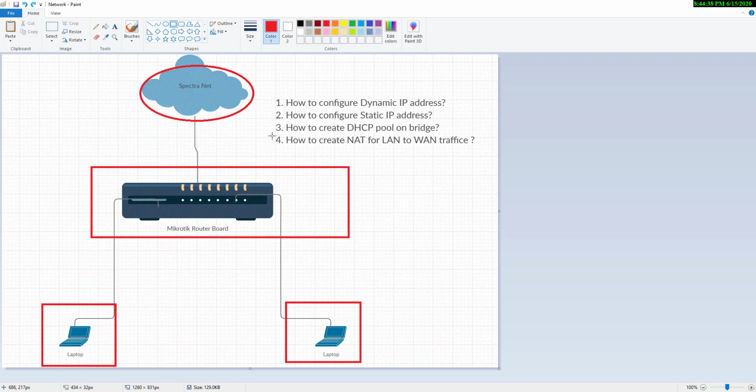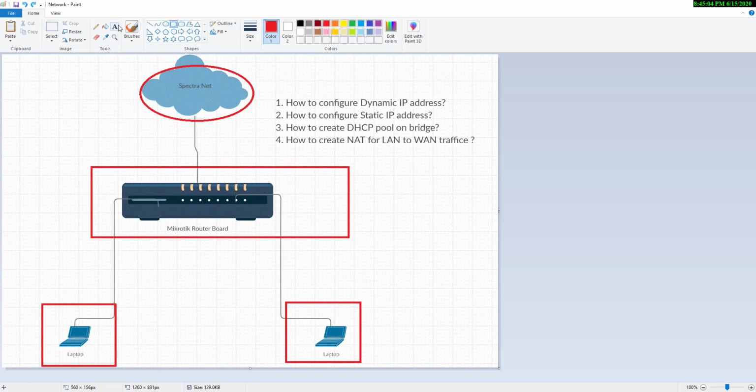After that we have to create one NAT rule which will transfer our LAN data to the internet. I hope you understand our questions, and I will let you know how you can create multiple DHCP servers on your MikroTik router board. First I will create one on a bridge, and the second one I will create on a VLAN.